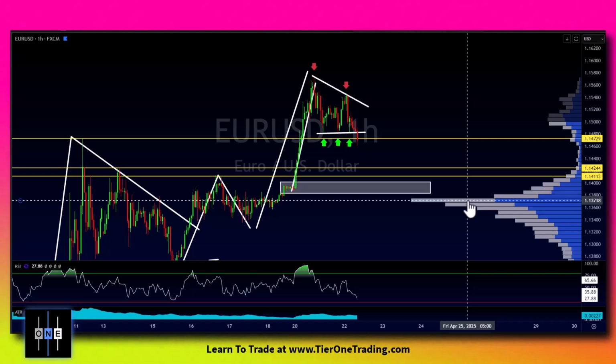Level I like is about 114.25, just because, again, I'm super conservative. That's the first sign of danger for me, 114.25. But if you're looking for a secondary target, I like 114 even, or again, if you want to go for it,